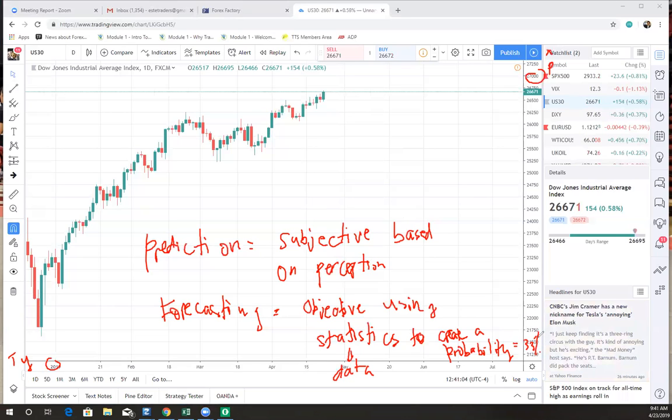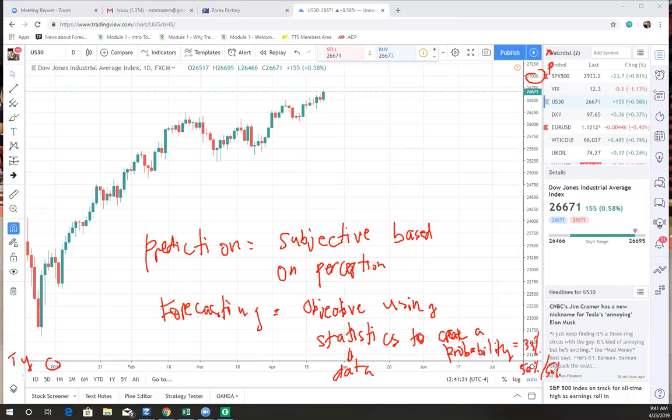Now, once you have all that pieces of information, and if you're now choosing, notice the word choosing, you're not deciding, you're choosing either to buy or sell, because at the end of the day, that's the only thing that you're going to do. Either you want to buy or you want to sell. Then that 33% increases now to 50-50. It's a 50% probability